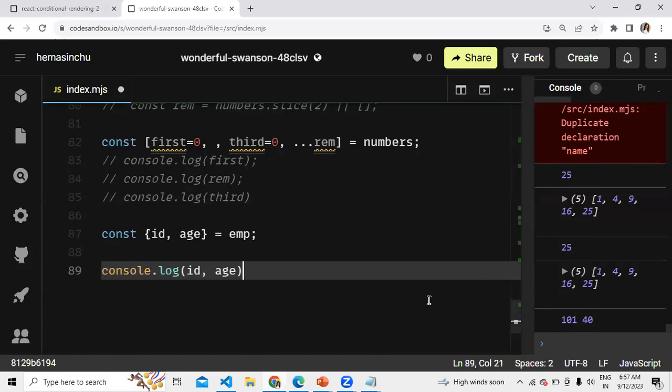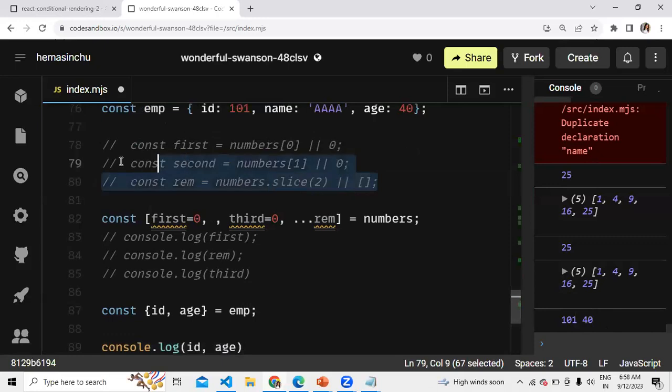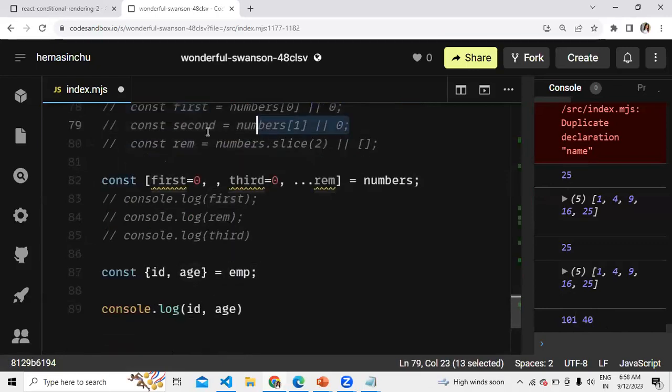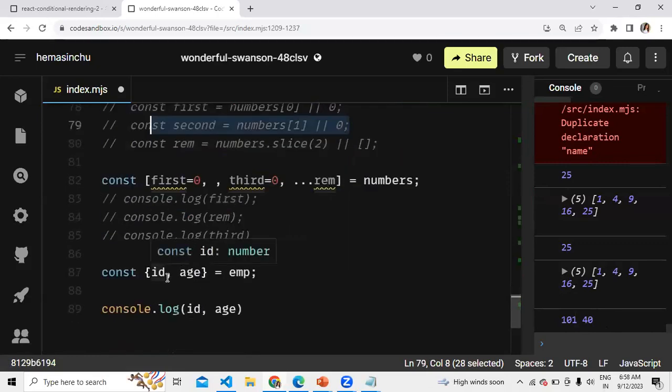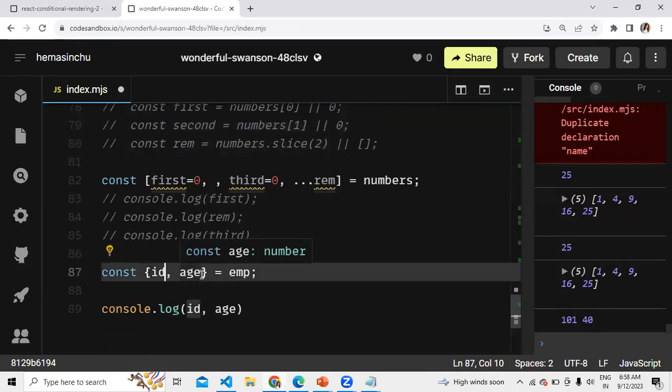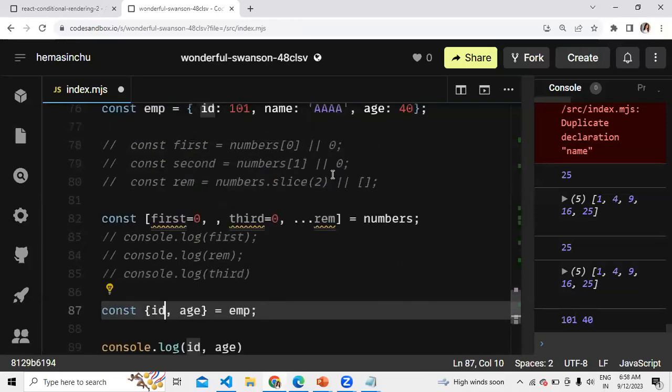Again in object destructuring, if I have to compare with how it was done earlier without destructuring, it looks almost the same thing. I have to access employee.id and assign it to a variable, get employee.age and assign to a new variable, each in a new line. And let's say ID does not exist, I want to give some value, which happens to be another thing where I'll have to mention or and give a value.